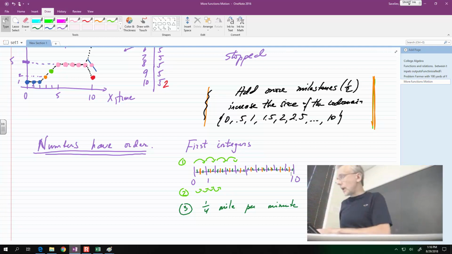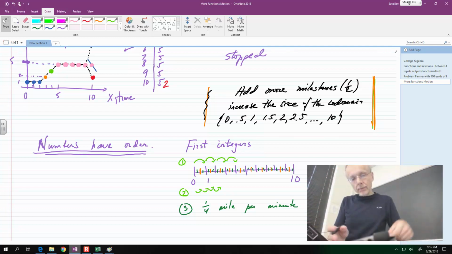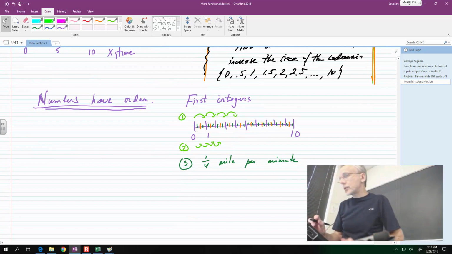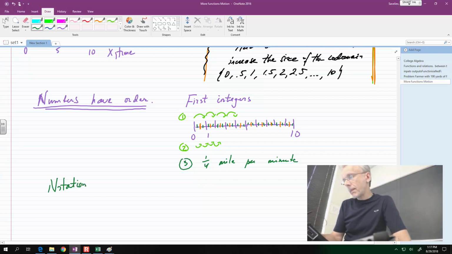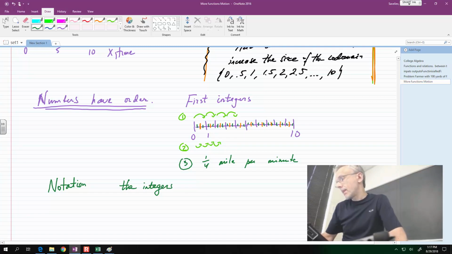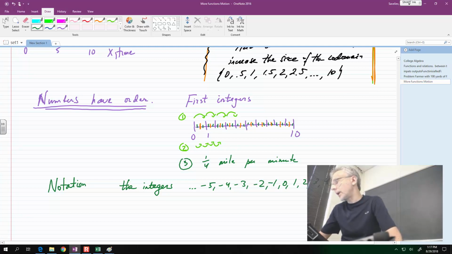Okay, so these are the numbers. Now we are moving on to visualizations. But first, let me mention some notation. These are infinitely many. The integers, and there are infinitely many of them. So, starting somewhere, that's what dot dot dot means: -5, -4, -3. Imagine that you started at some point, and then you go on in the middle. You reach these points, and then you keep going. Okay, so these are the integers